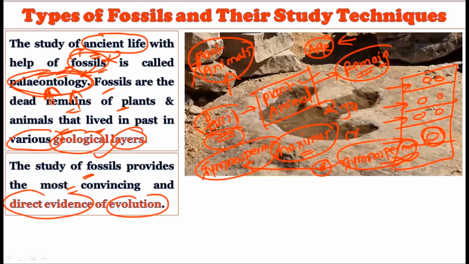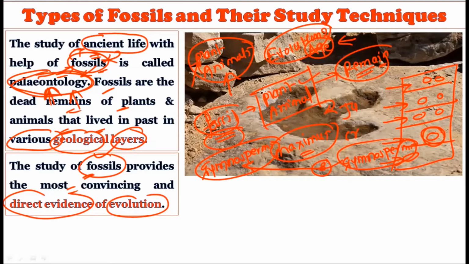So these fossils are very, very important because they are providing the direct evidence of evolution. Because whenever we study evolution, there is always a lack of evidence. How the evolution has occurred, why evolution has occurred, and which path evolution takes. All these questions are there in evolutionary studies. But fossils are such a record that we can directly conclude which type of fossils were there in the ancient time and which type of plant life we have today.